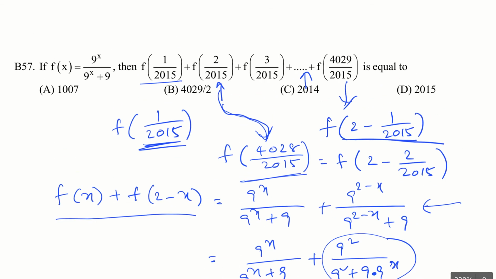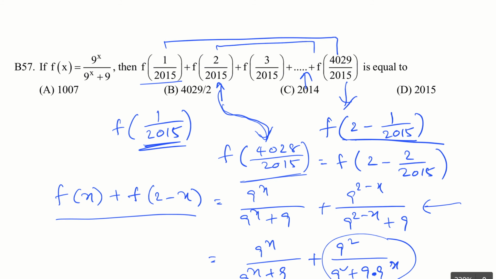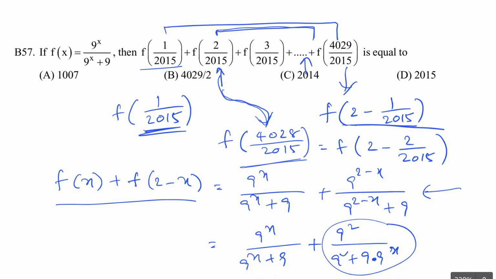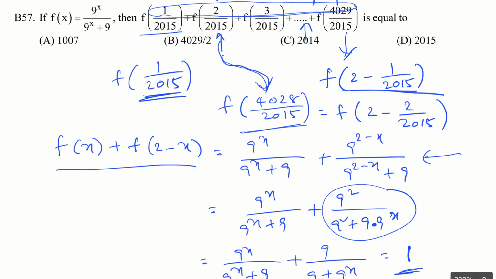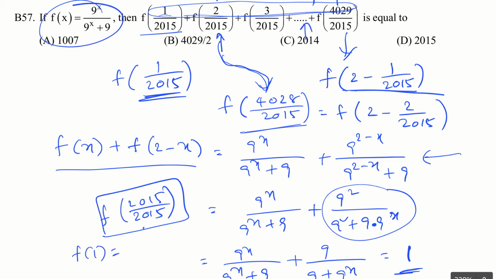And therefore we understand this plus this is 1. Similarly, this plus the last but one will be 1. Like that you can pair the things and all those will be 1s, except that here I have a total odd number of terms. So if you pair like that, we will be left with one in the middle, which is f of 2015 by 2015, which cannot be paired with anyone, but this is nothing but f of 1. And observe that from this story, f of 1 is nothing but 1 by 2. So now the answer is obvious. Let's go for the next problem.